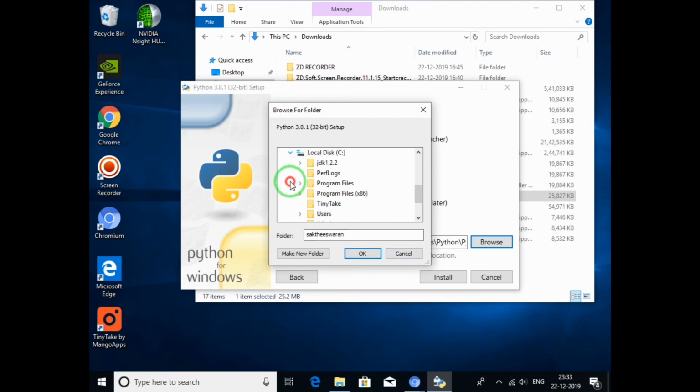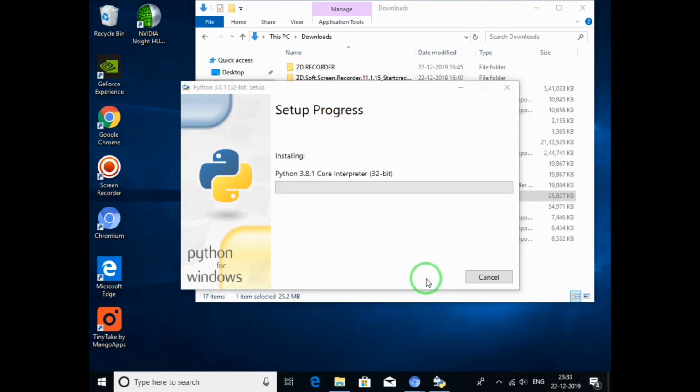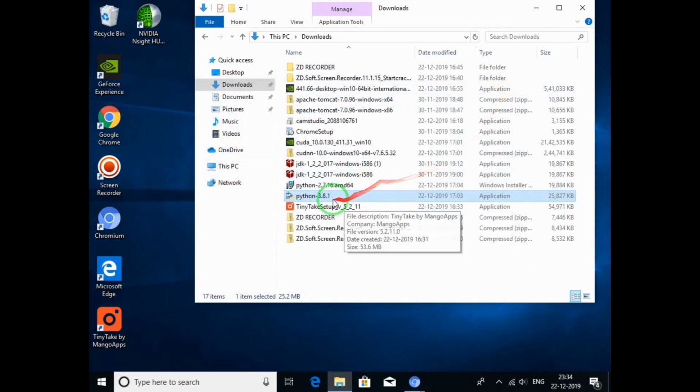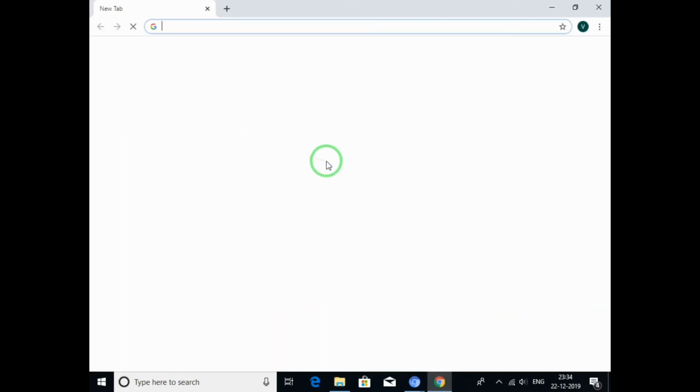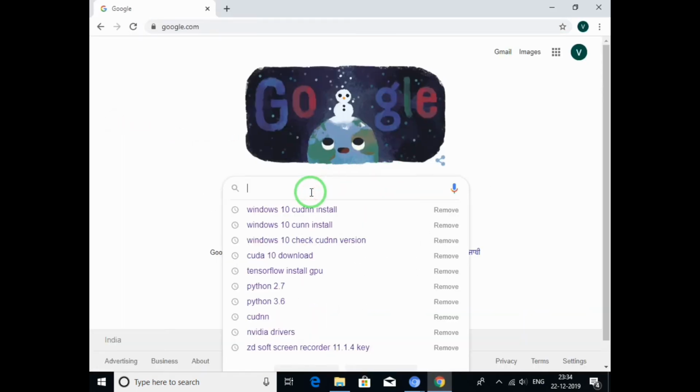Okay, it could be on C, and let it install. Oh my god, it is just a 32-bit interpreter. Okay, we need 64-bit, so this is 32-bit, so we need 64-bit. We have not downloaded 64-bit, so we have to get here and type